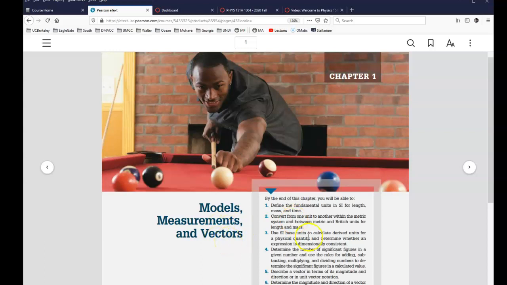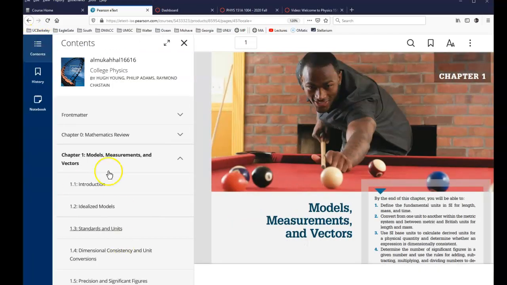Vectors are extremely important. Oh, and by the way, if you feel that your mathematics is inadequate, this is maybe your first course in physics, or you've taken math a long time ago, remember, the prerequisite for this course is algebra and trigonometry. And if you feel that your math is a little bit inadequate, go back to the